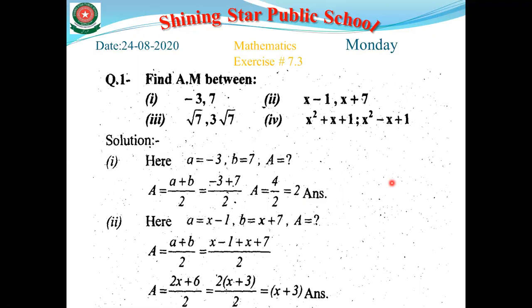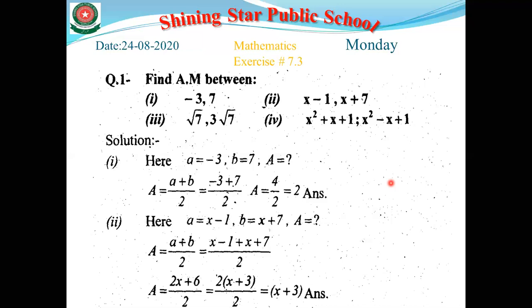For finding the arithmetic mean, we simply add the numbers and then divide the sum of the numbers by the total numbers. Let's suppose we have 1, 2, 3, 4, 5, 6, 7, 8, 9, 10, and we have to find the arithmetic mean of the first 10 numbers. According to the formula, first of all we add these 10 numbers, so the sum of all the terms, and then divide by the number of terms. The number of terms is 10. So that is the formula.